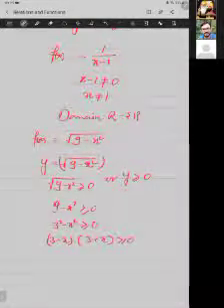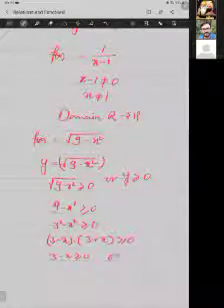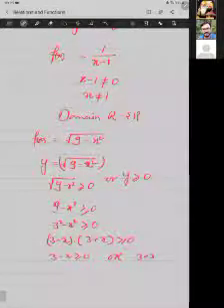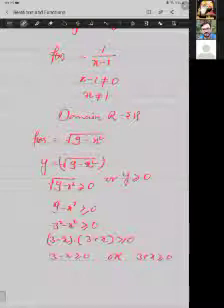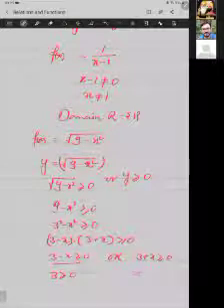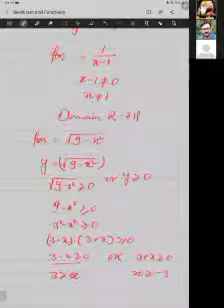So see, the product of two things is greater than or equal to 0. Either 3 minus x will be greater than or equal to 0, or 3 plus x will be greater than or equal to 0. So the first condition is showing 3 is greater than or equal to x, and the second is showing x is greater than or equal to minus 3. Sorry, 3 is greater than or equal to x. This is my mistake.